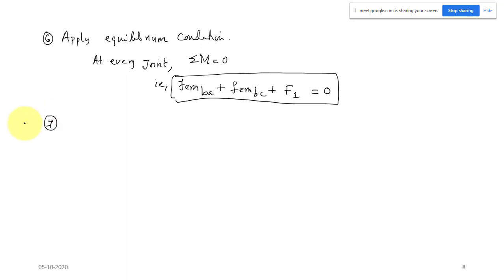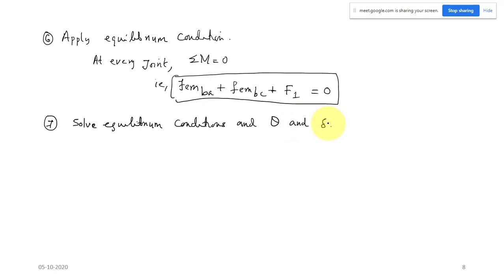And what was the next step in the force method? We solve these compatibility equations to get the unknown forces. Here similarly, solve the equilibrium conditions and get all the unknowns in the structure. The unknowns may be deflection and slope. I am writing theta and delta. How to solve it? All we will see in the slope deflection method. That is all simple.